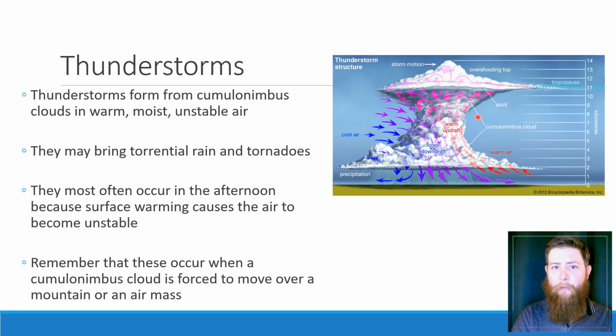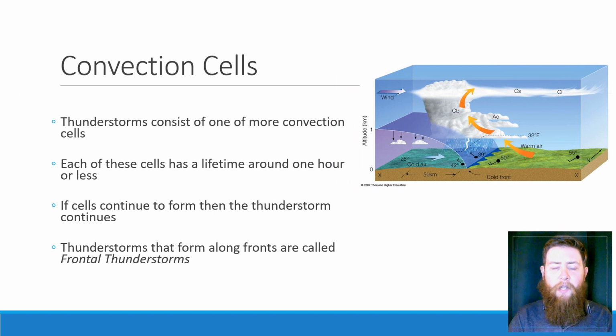This one is forming not over a mountain range, but there is a cold front here, and this warm air is being pushed up. You can see the mixing there of the purple, where this cool air is coming down. In this cool area, we have precipitation. On this other area, we have very dry air. Each one of these arrows is what we call a convection cell. There can be one, like in this example, or there could be many of these stacked next to each other.